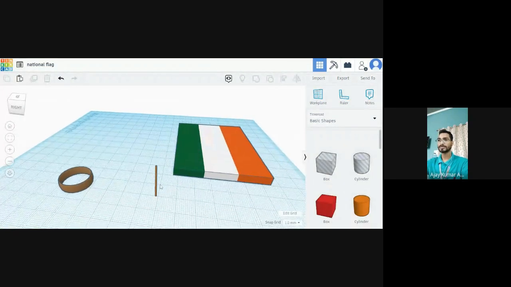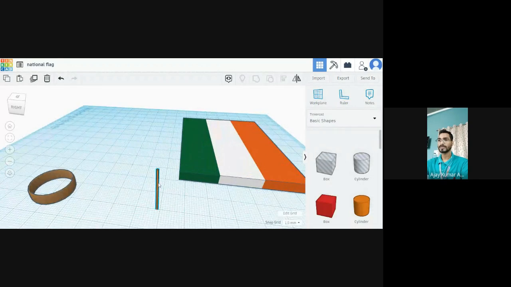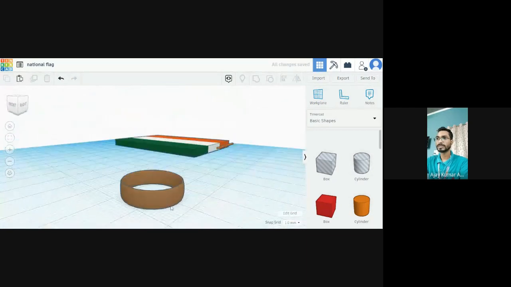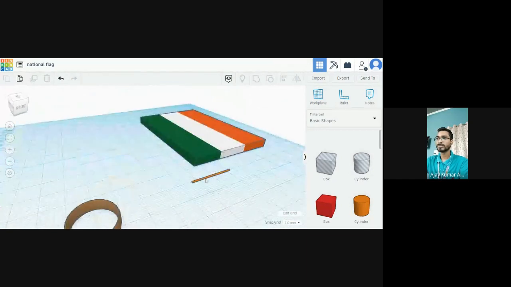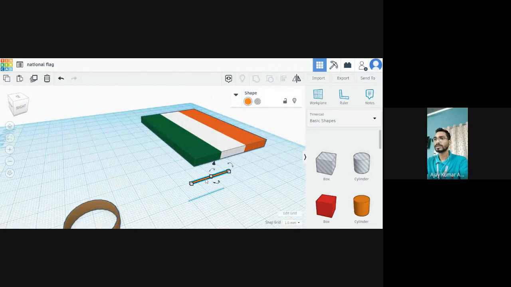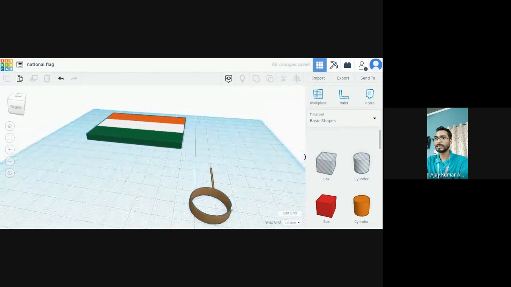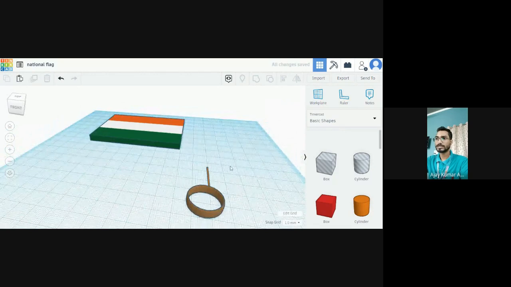Like this, and simply go to the angle and just type 90 degree, so that it will be flattened on the work plane like this. Okay, so just bring it near to the circular path, or we can say circular part.